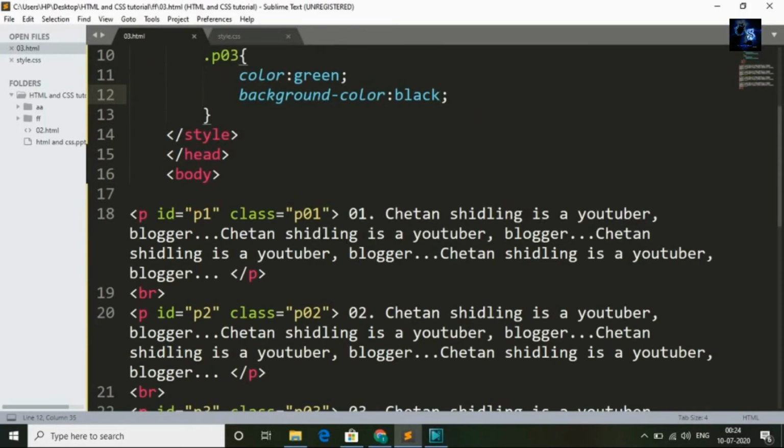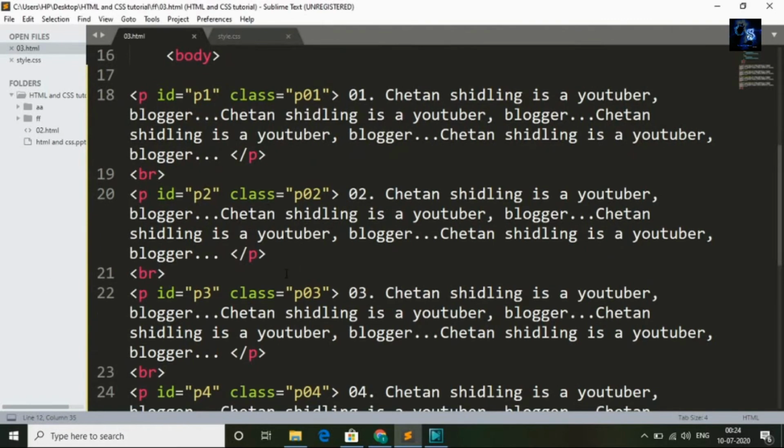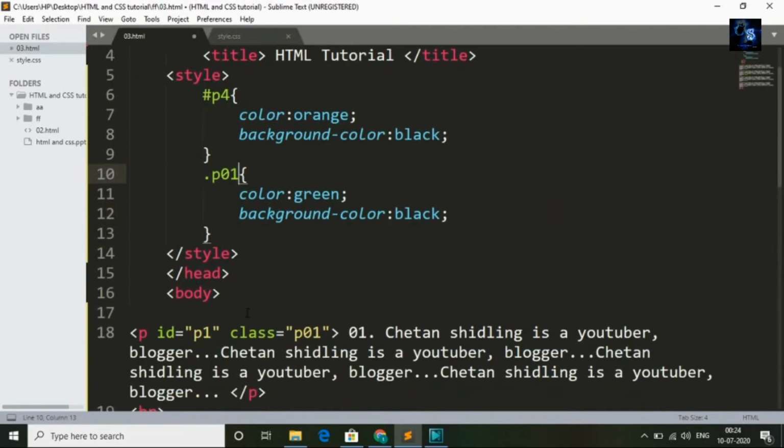By creating ID and classes, you can apply CSS to particular paragraph, particular heading. Suppose if you want to apply CSS to paragraph 1, now I will change this to P01 because I created class P01. So I will call P01. Now I will save this and this will apply CSS to only paragraph 1.